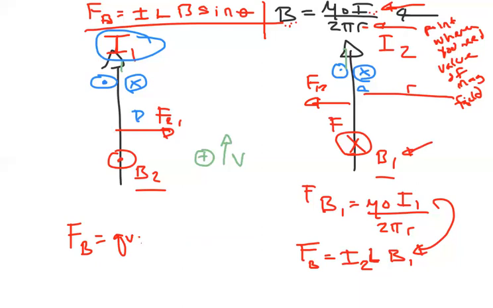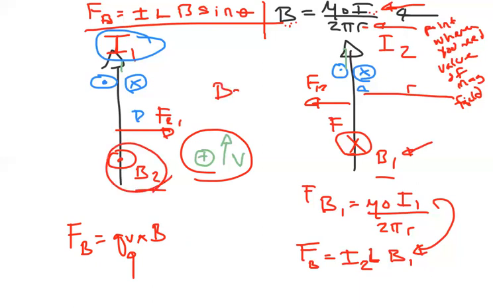And you need to say, okay, V has that direction, but what's the direction of B here? That's really your concern. If we want to know if there's a force applied to this particle, we can't just look at the question. We have to go through the right hand rule. So what is the direction of B? Well, we see that B2 is in, and that's going to be true right here where the particle is too. B2 is in, and B1 is out. So they have opposite directions, and they're going to have the same